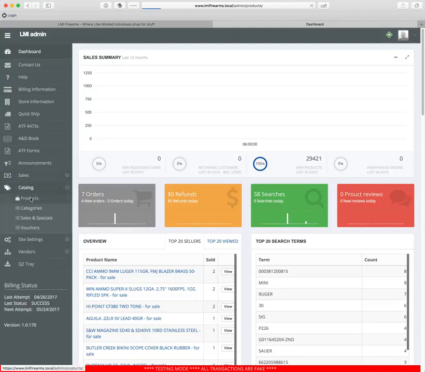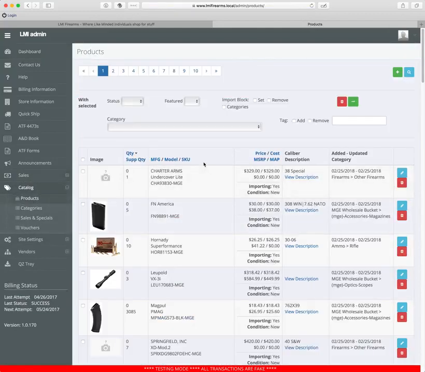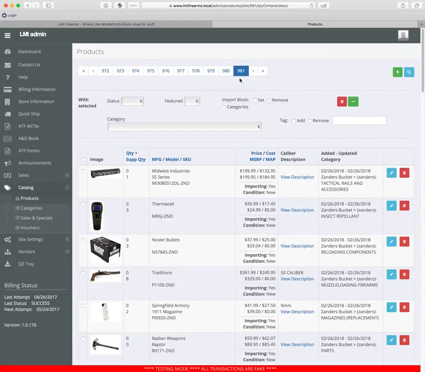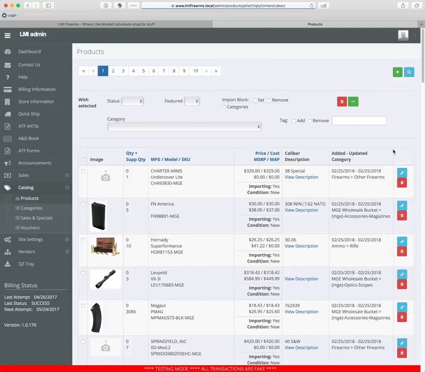Go down here to products. After you've done an import, you'll have a lot of products. I've done MGE and Xanders on my test server. And let's go to the last page. There's 981 pages, and I've only imported from 2 suppliers. So if you're doing 4 or 5 or 6 suppliers, you're going to have hundreds of thousands of products in here, okay? Even products that have gone into your bucket, all products that have been imported or added